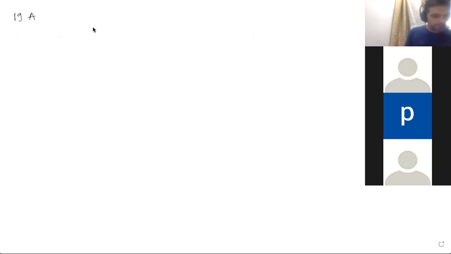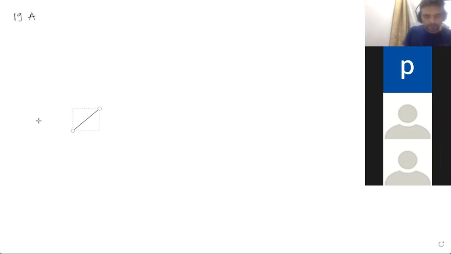Okay. So the very first sum of auxiliary, this we have done, but I'm just going through again just in case if you have forgotten it. This you have to draw at 45 degree. Right, and this is a front view. All of you know how to draw this much, right? There is no issue.